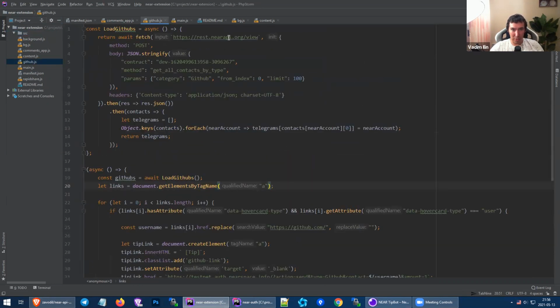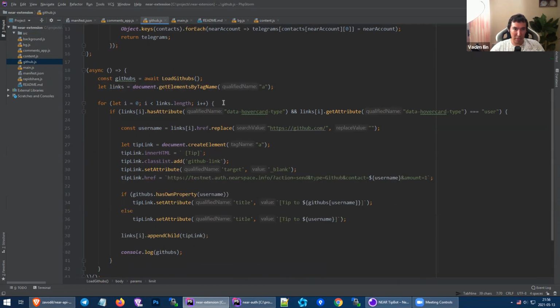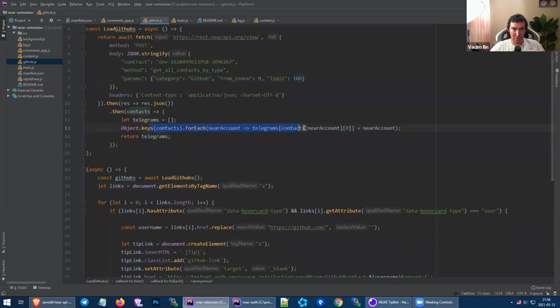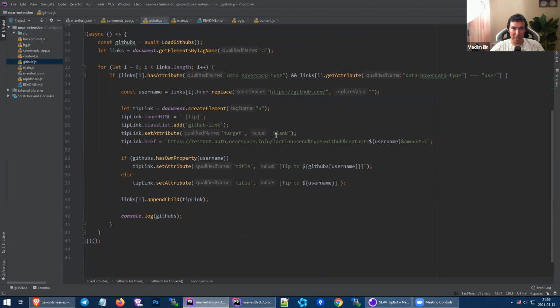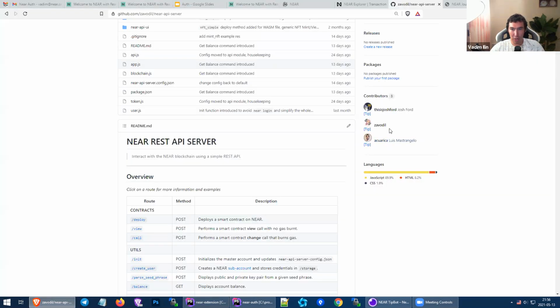So this is just very simple code. I am checking through the REST API from our previous live app review. I'm just checking context from the auth. I'm checking who these lucky GitHub users are, and I just grab them and replace the HTML code on the page. And if I click here,